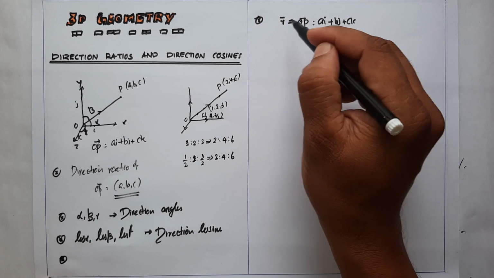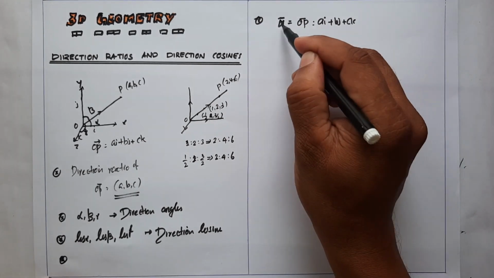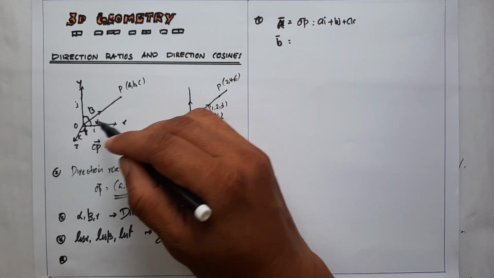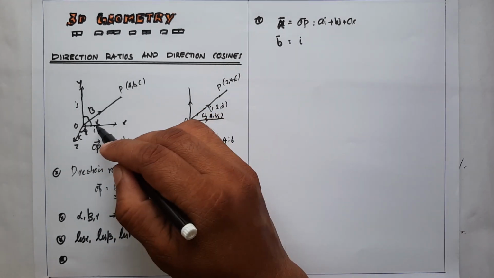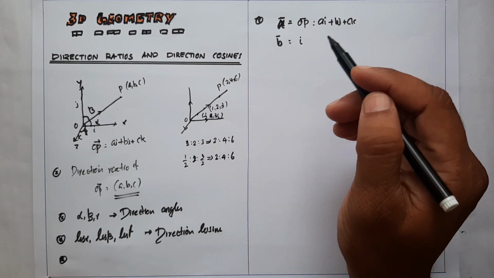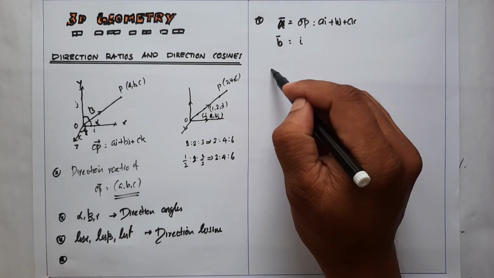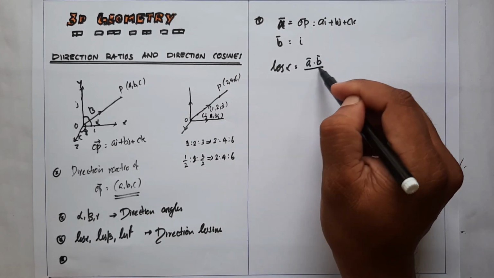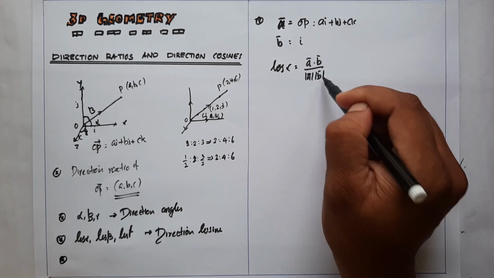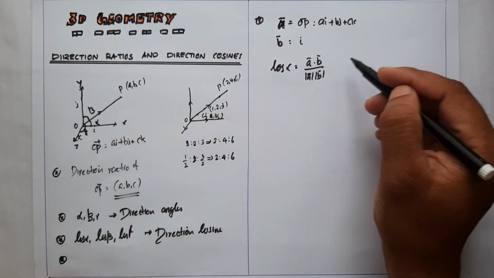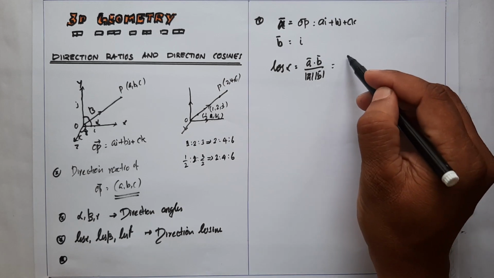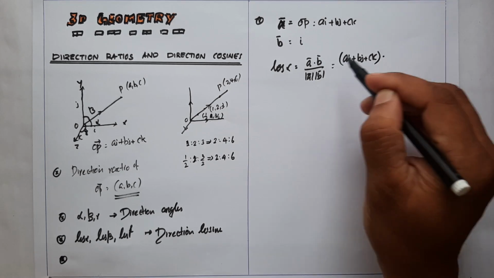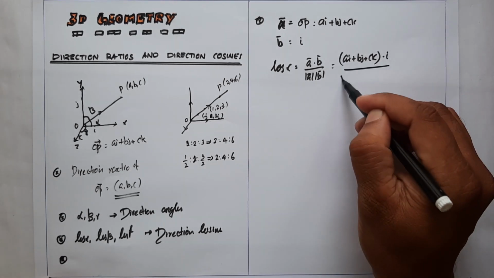And second, suppose vector A, that is easy. Vector A is equal to vector OP, and vector B is, you know, the x-axis unit vector I. Using the angle between two vectors, already discussed in the scalar product, cos alpha is equal to vector A dot vector B divided by mod A into mod B. Alpha is the angle between vector OP and I. That is, vector A corresponding to AI plus BJ plus CK dot vector B corresponding to I, divided by the modulus